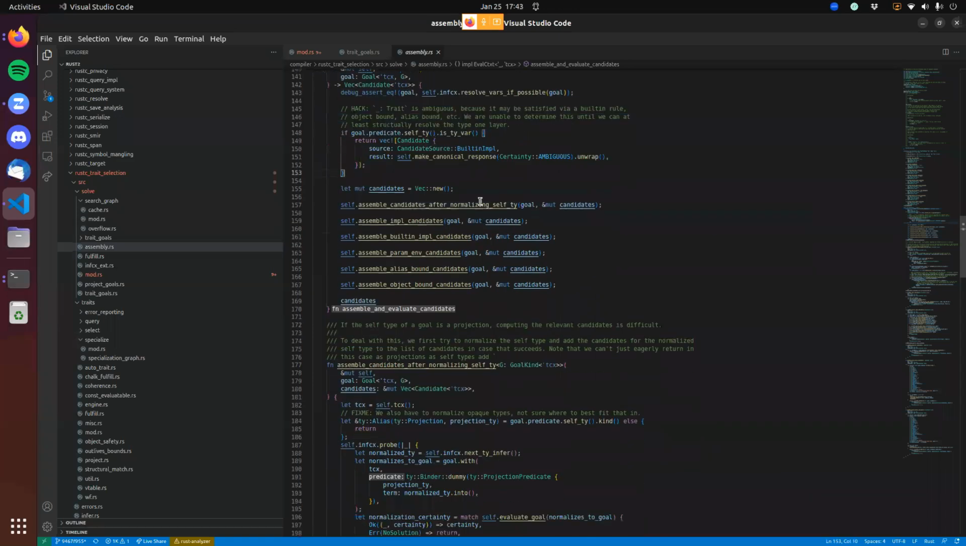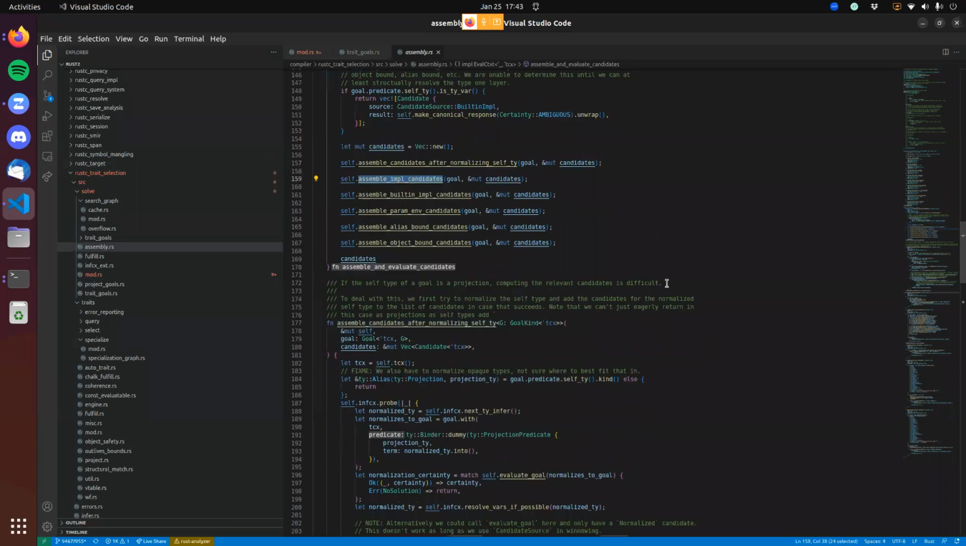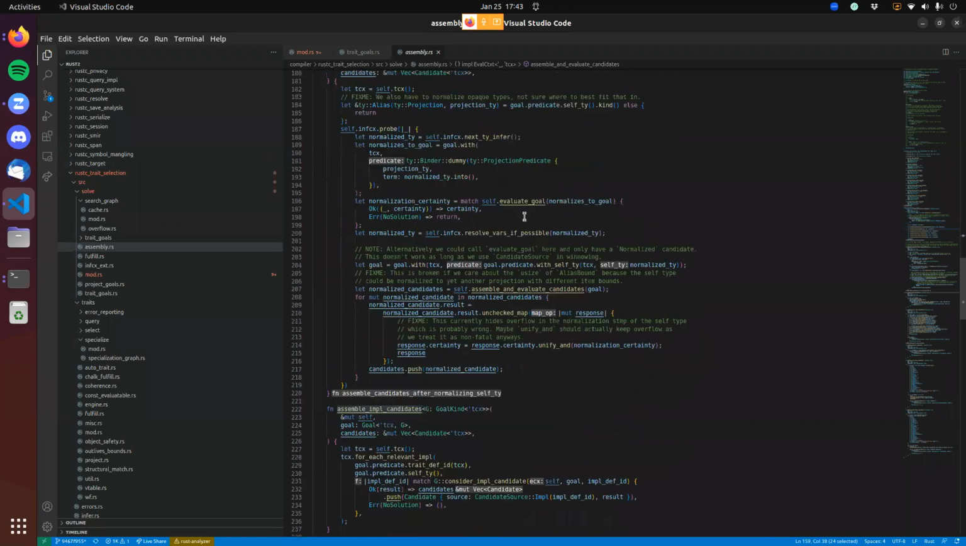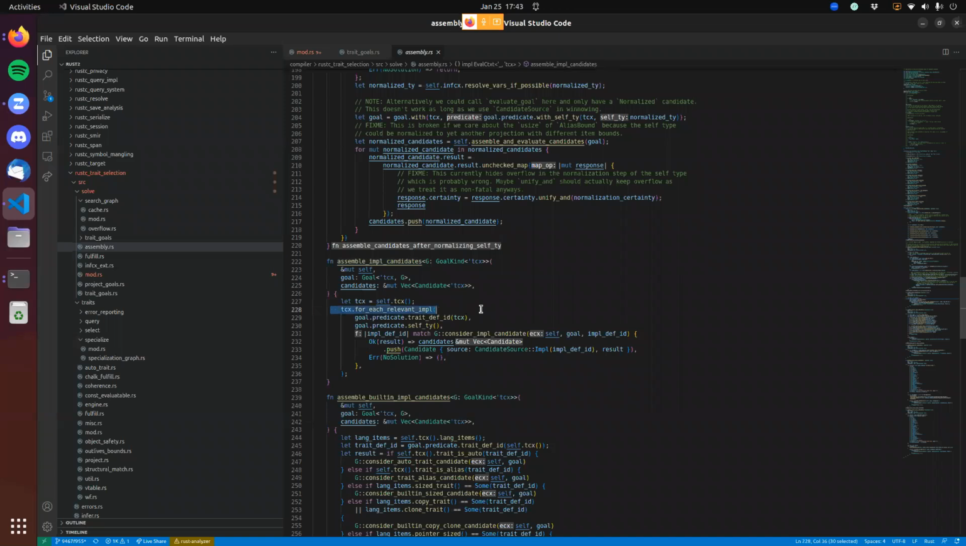And then we assemble candidates after normalizing self type. That one's a bit more involved. We'll get to it later. Then we assemble candidates from impls, which is here. It loops over all impls, which are defined by the user, and checks whether that impl can